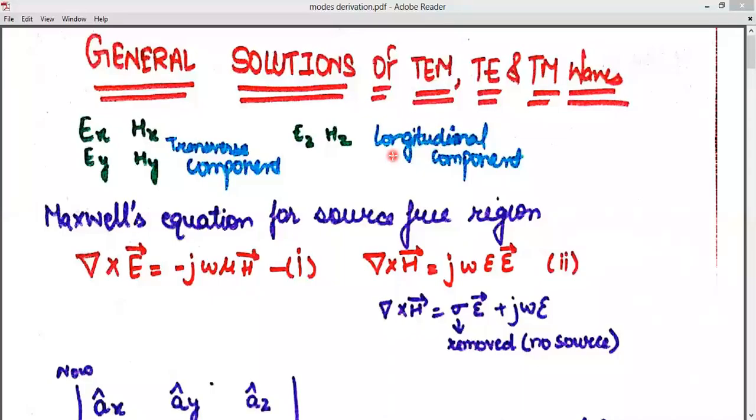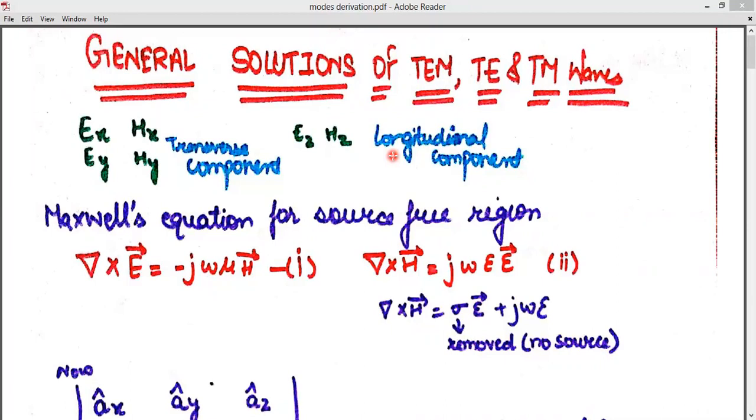Hello everyone. So in this lecture, we are first deriving the general equation for different modes. I have told you about the different modes in the last lecture. In the last to last lecture also, when we talked about the parallel plate waveguides, we also talked about some modes. Also in the rectangular waveguide, we have discussed different modes.